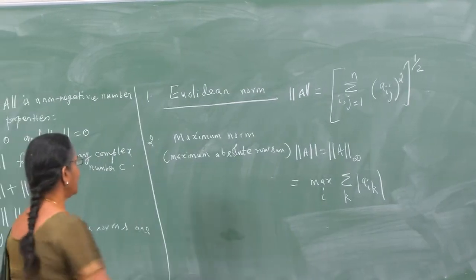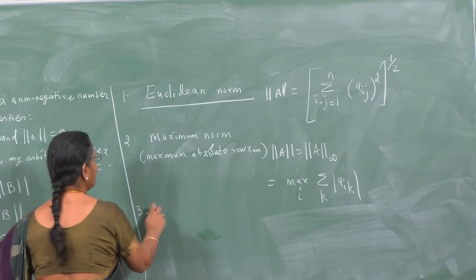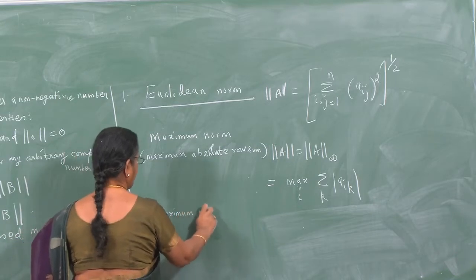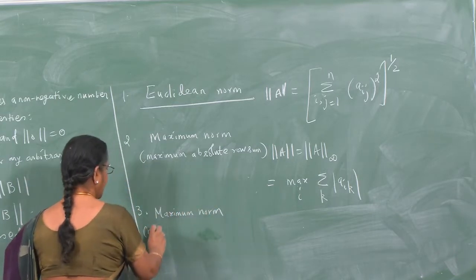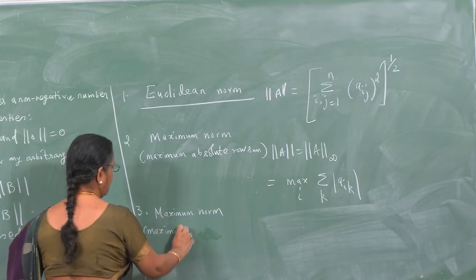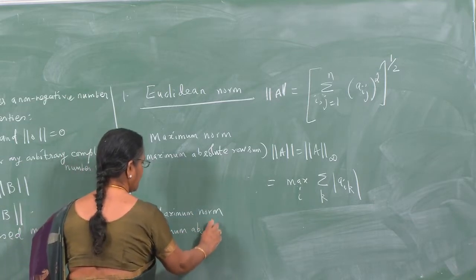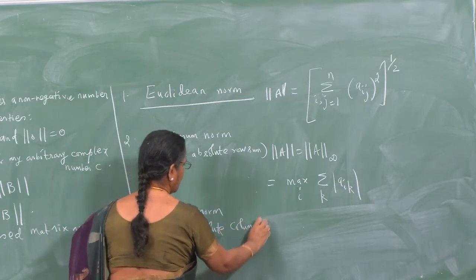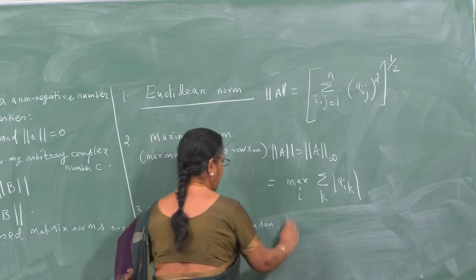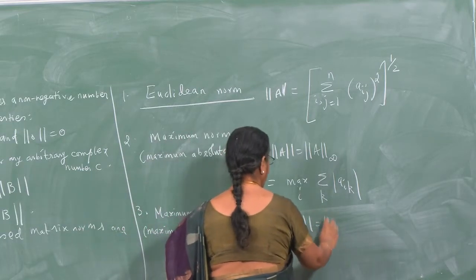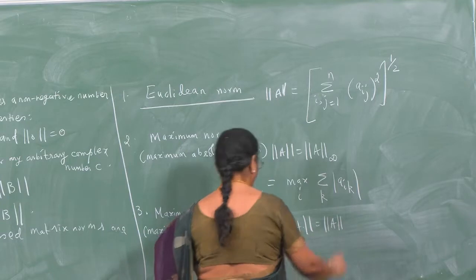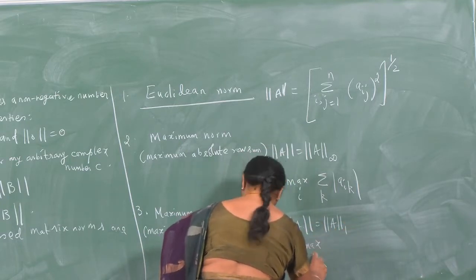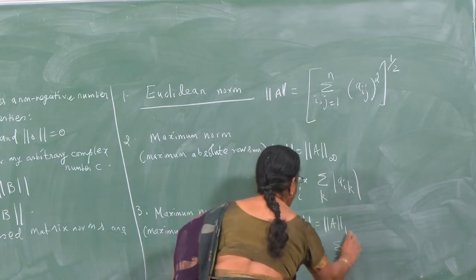One can also define the maximum norm as follows. In this case, it is the maximum absolute column sum. So, norm A is going to be norm A 1, and that is maximum over k, sigma over i mod